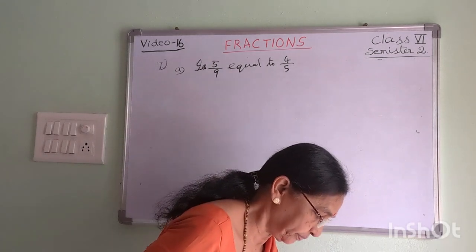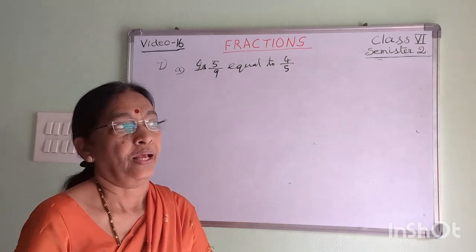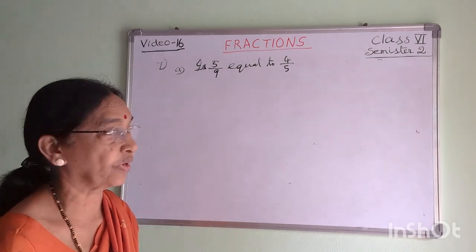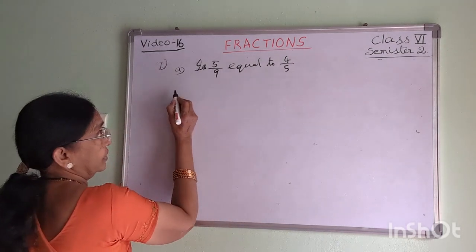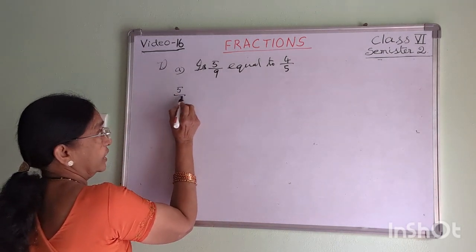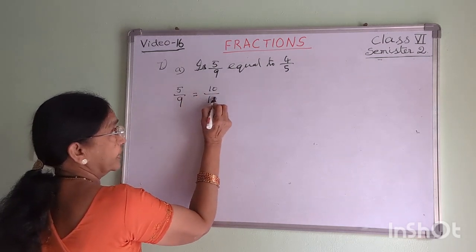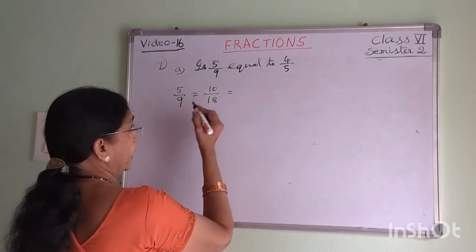Both are unlike fractions. Their numerators are also not equal. Therefore, we will take a common factor. First, we will write equivalent fractions. 5 by 9 is equal to 10 by 18, is equal to, again multiply by 3,